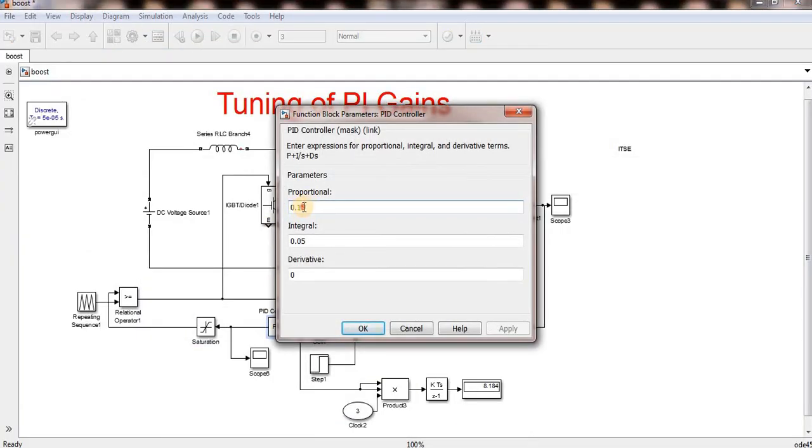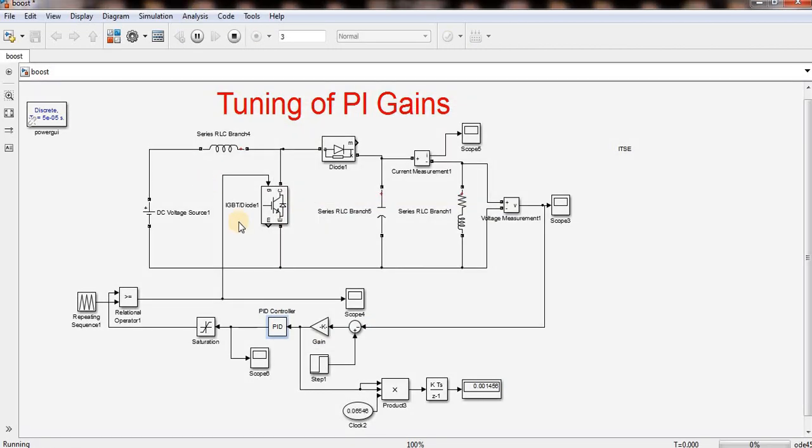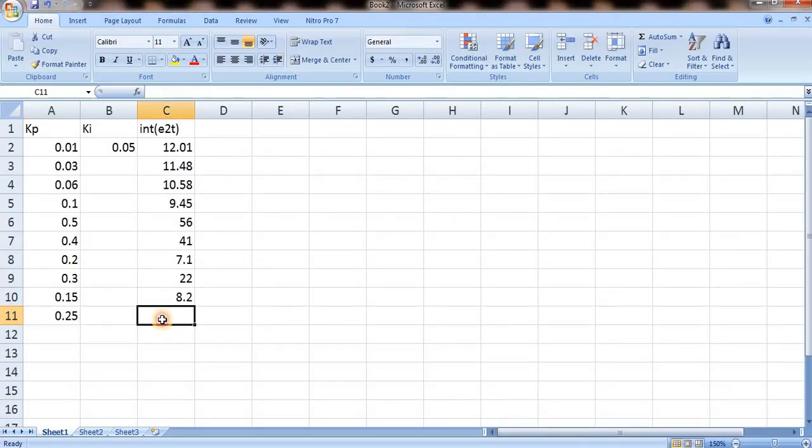So 0.25. So I can get the conclusion whether it is in between 0.2 to 0.25, or 0.15 to 0.2. See, it is increasing, it is beyond 15. So it is 15.44. So the value is less than 0.25 but more than 0.2, because 0.15 is also changing. So the value is in between these two now, 0.15 and 0.25.